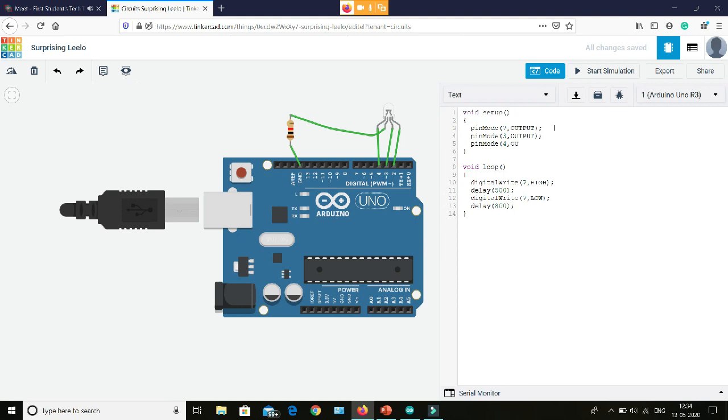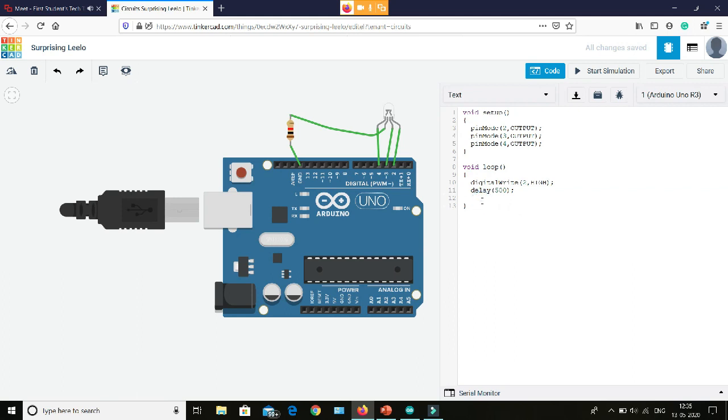Now we will turn them on one by one. First I have written digitalWrite pin number 2 HIGH, then I have given a delay, then I will turn pin number 2 off as LOW.